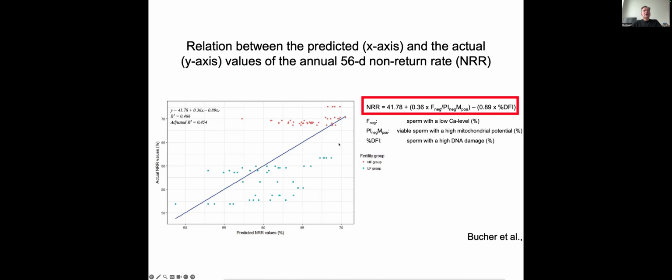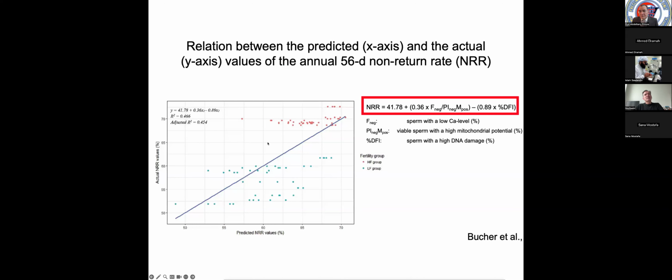And there was a good relationship between the results of our assay and the non-return rate of the bulls. The bulls with higher non-return rate had more viable or intact sperm determined by our assay compared to the other